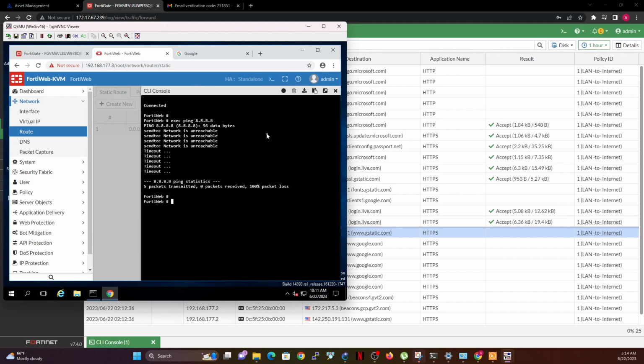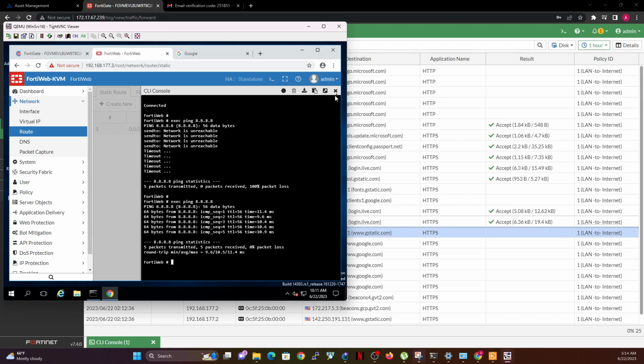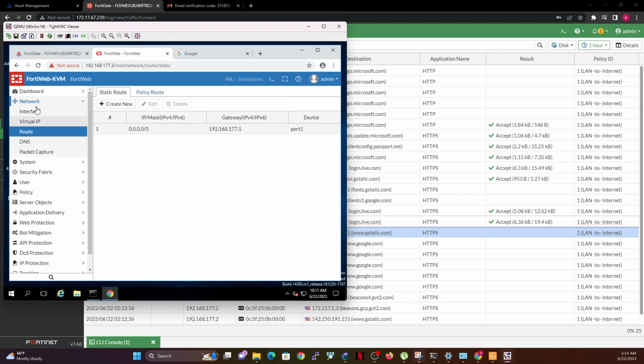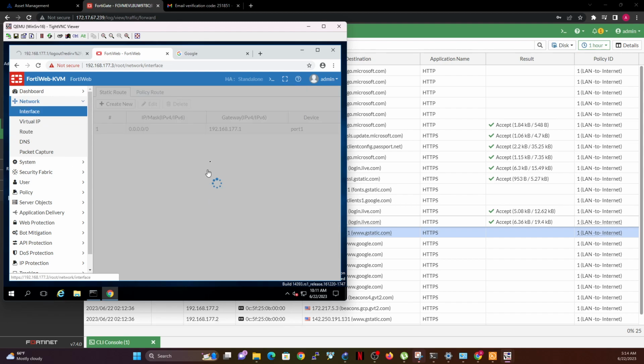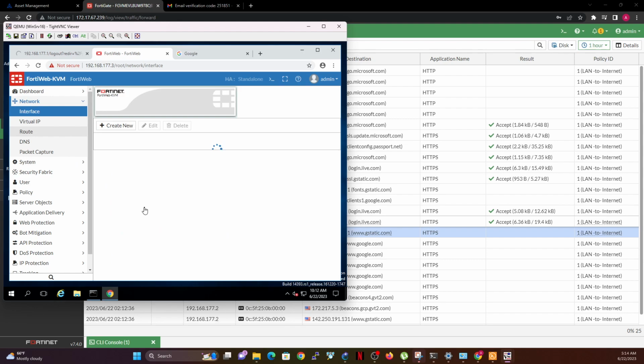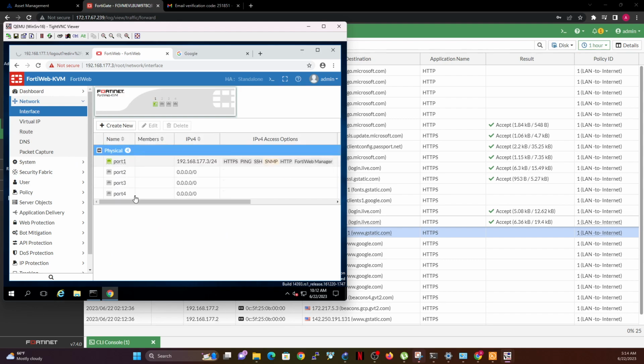So if I go back to my console, I repeat that same command now, oh, voila. So you can see that I have internet access on my FortiWeb. So at this point here, I've been able to configure internet access on my FortiGate. I've been able to configure internet access to my FortiWeb. So my FortiWeb has access to the internet, and my FortiGate has access to the internet. So I'm going to stop this video at this point, so that the video doesn't get too long and too boring. So this is basically how you need to set up your FortiGates and your FortiWeb on GNS3.